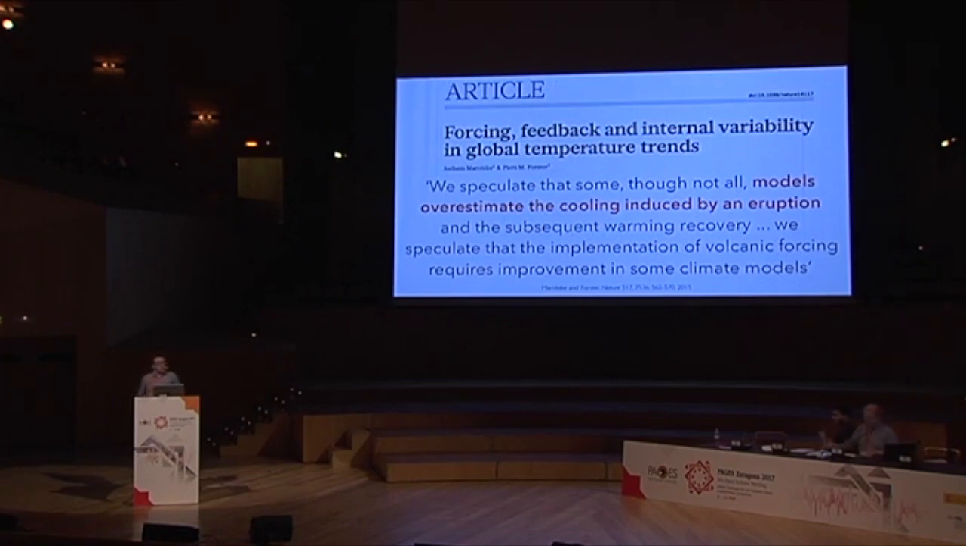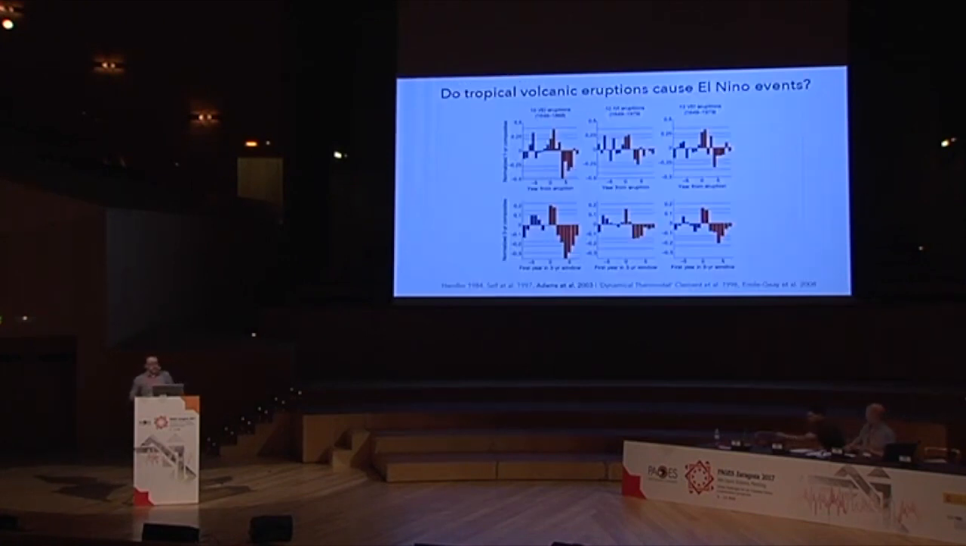Despite the fact that this is a very important forcing, there are some large uncertainties in how it affects the climate system on these timescales. For one, there's multiple lines of evidence that many, if not most, models overestimate the cooling in response to these volcanic eruptions. There's several reasons why this might be. And then a very interesting feature that's gotten a lot of attention over the last several years, but actually goes back at least into the 1980s, is this idea that large tropical volcanic eruptions can actually initiate or cause an